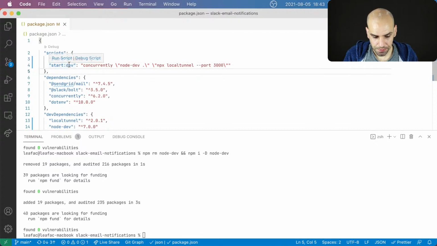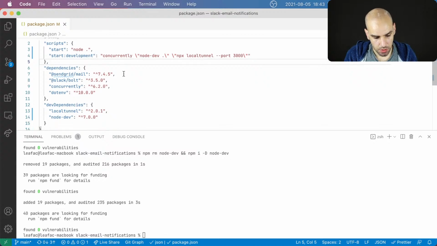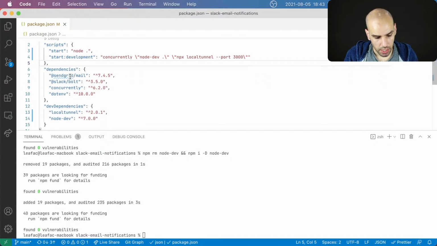Okay, and I like to be more explicit, so development. You have to type some more, but it looks better, I find anyway. All right, so I guess this is enough. And then we will even have live reloading. When you save the index file, it will reload with the new changes.